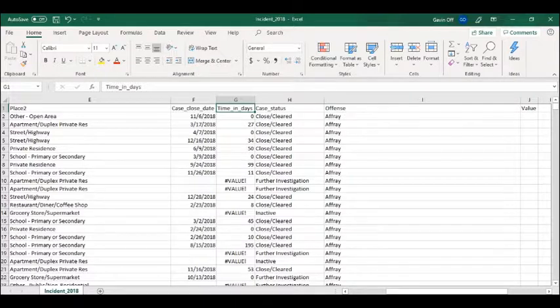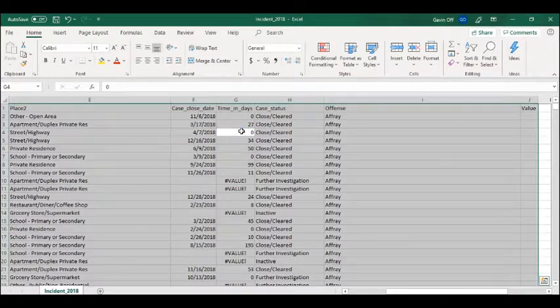So we're going to use the average formula, which we learned before, to find out the average number of days it takes for police here to close a case. The one step I have to do before I actually average is this: if I try to average a value or an error like these two, it's going to give me an error on my result. So I have to get all the values grouped together, and the easiest way I know how to do that is just to sort them. So I'm going to select all,